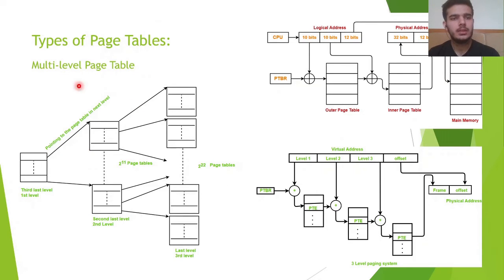The first of them is the multi-level page table. Why is there a need for it? Because when we map each address, a lot of memory is used in mapping the addresses alone. So to reduce the memory taken, the chunks of address are divided into smaller blocks. This part is the offset, this is for the inner, and this is for the outer page table. So we go one by one to the outer, then the inner, then to the offset, all by following the previous techniques. It is not necessarily hard and fast that only a 2-level page table should be there. It can be 3-level also, and it is actually the representation.